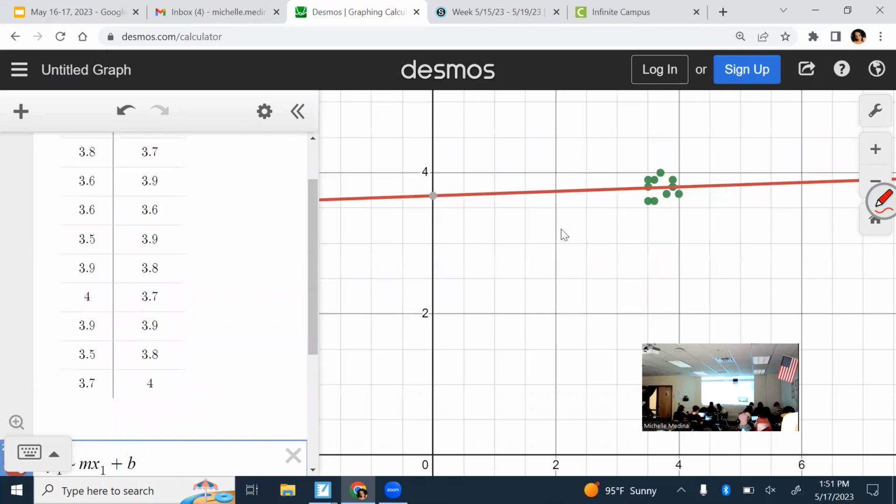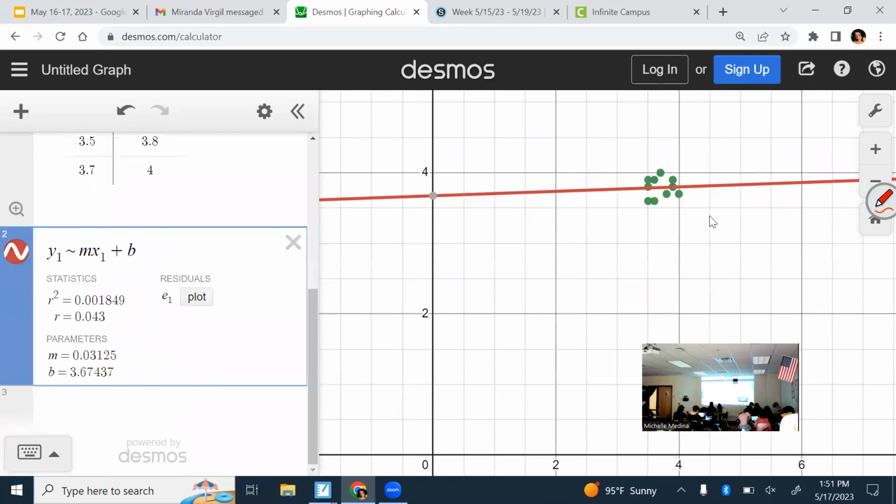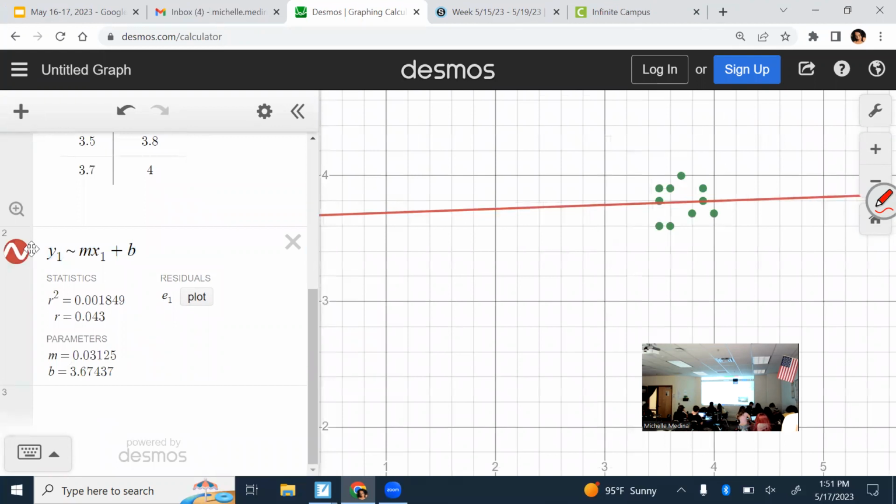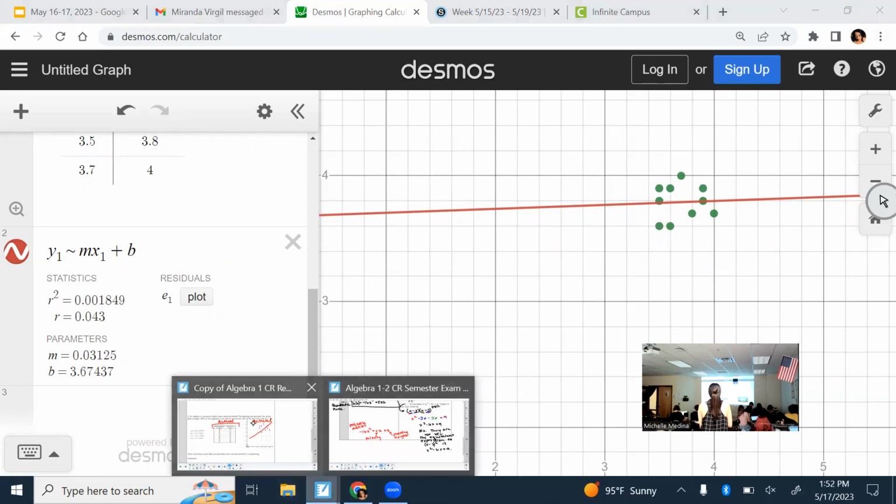So notice it drew it toward the middle, where all the data is clustered around. The computer always does it right versus us. Then it also estimates your M and your B, your slope and your y-intercept. So looking at what the computer created, which option is best on your paper? B, it should be. All right, so then when you go back to your paper,